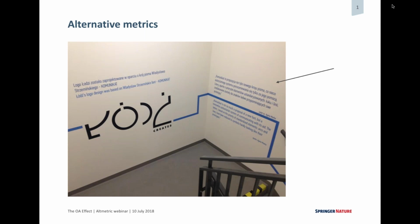So funny enough, when I was preparing myself for this webinar, I got a message from a very good friend of mine who sent me this particular picture. And to be honest, I was a little bit puzzled as to what this was actually showing, until I discovered that this is actually a picture taken in a stairwell of his office where someone put together a small exhibition about graphic design. And to my great surprise, or rather to my great horror, I discovered that there is a